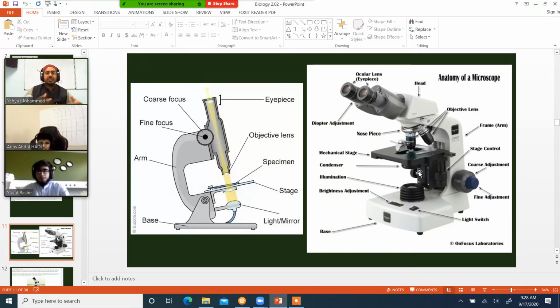So once you put the slide on, you just move it up quickly first, just to get it close. But once you're close, then you use the fine adjustment to get it exact, so that it's really in focus and clear. Otherwise, the whole picture is going to be blurry, right?